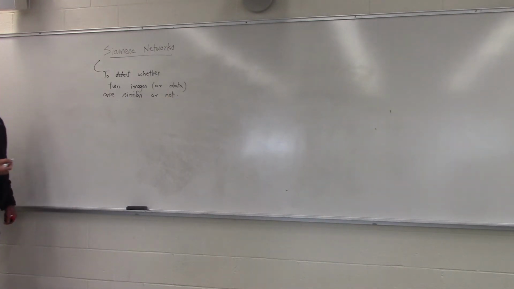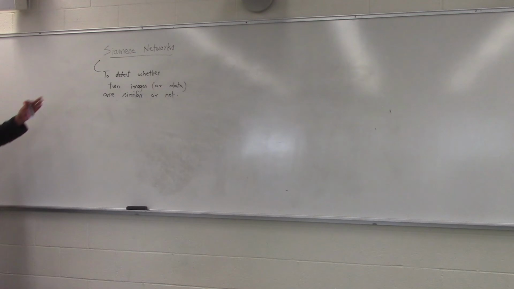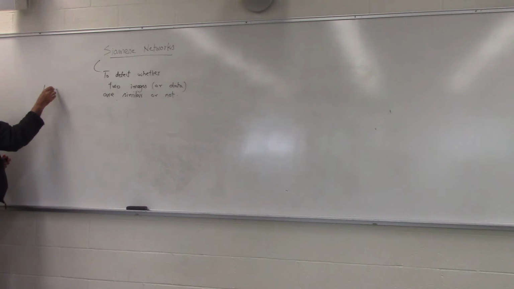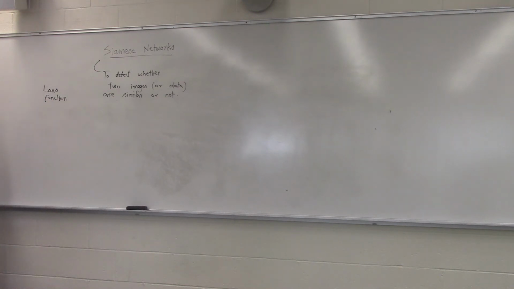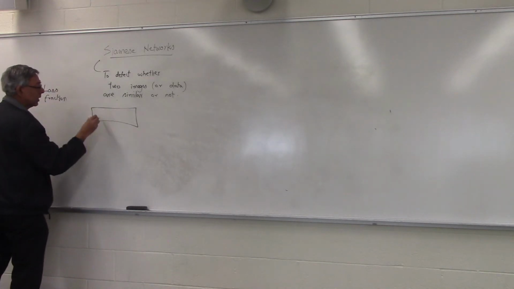Okay, so a lot of the modern AI, or I should say some of the current research that's going into AI, is really, as soon as we identify what our goal is, to accomplish that goal, basically what it means is we have to come up with an appropriate loss function or the error function which guides the parameters of the network in that direction so that we can accomplish that goal, right? So in this particular case, like I said, the goal is feed two images. So if this is our network,